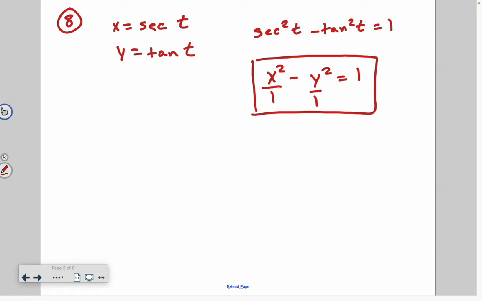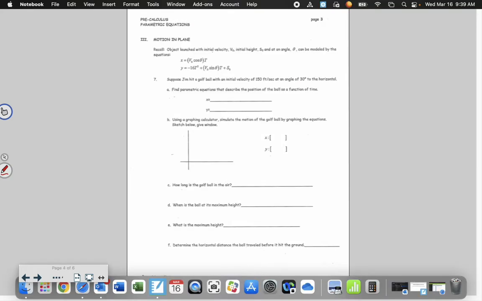I thought about not even giving you this one in the assignment, but I wanted to give it to you because we hadn't talked about it in the lesson at all. So I wanted you to be able to at least see that this was a hyperbola. Okay? All right, here's what I want you to do. Go to the next page of the lesson packet that I gave you. We are going to take a look at